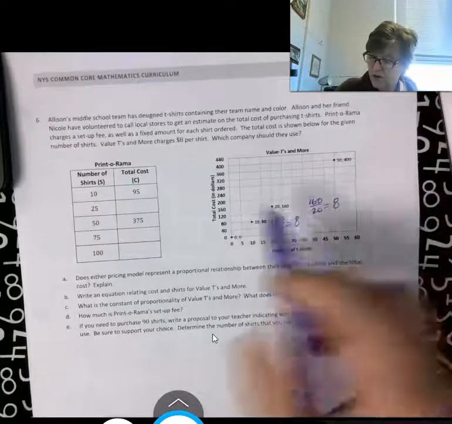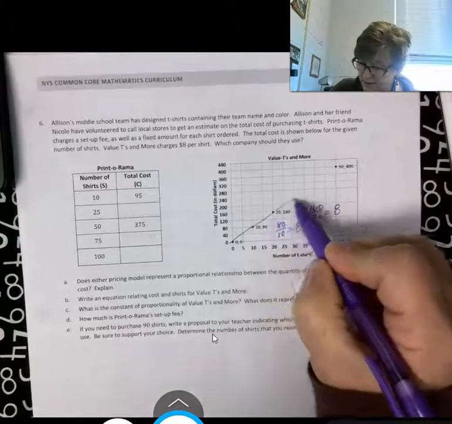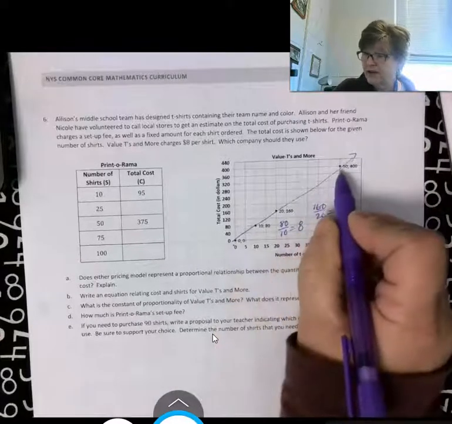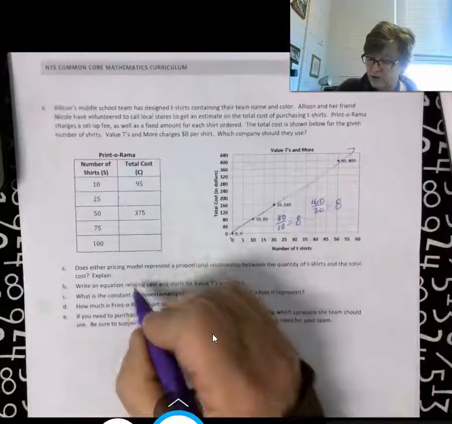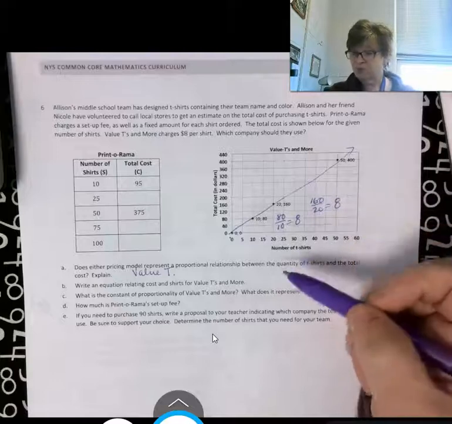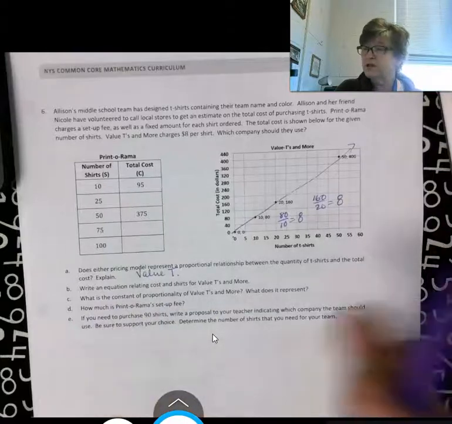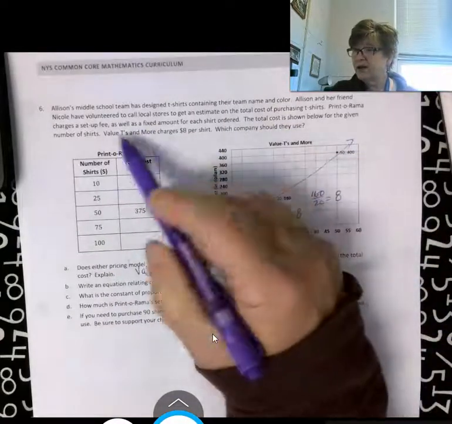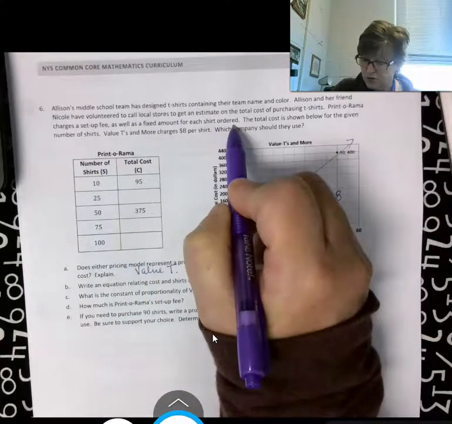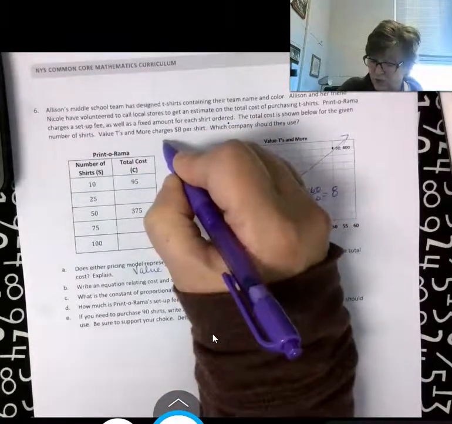We know that this graph is proportional because when we connect, my lines are not very good, I'm at the origin and it is a straight line. Therefore, value t is proportional. So looking at the graph, it is proportional. Okay. Then as we write we have to look back here. It says that there's a setup fee for each shirt. So when there is a setup fee, that means it's going to be a cost for the shirt